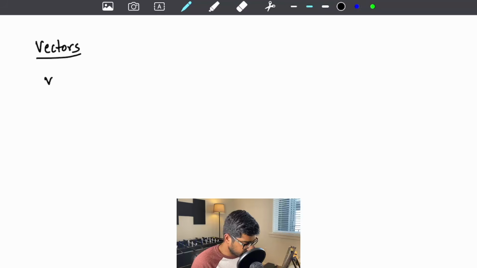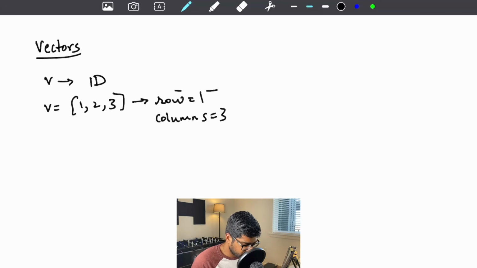So vectors are basically one-dimensional arrays. It could be something like 1, 2, 3, 1 row and 3 columns. In terms of machine learning, basically each data point is a vector. So what that means is, let's take the house price prediction dataset. It's basically a dataset that can be used to predict or build models that can predict the sale price or the cost price of a house based on things like area, number of bedrooms, how old is the roof, and whatnot. So each data point would technically be for one house,